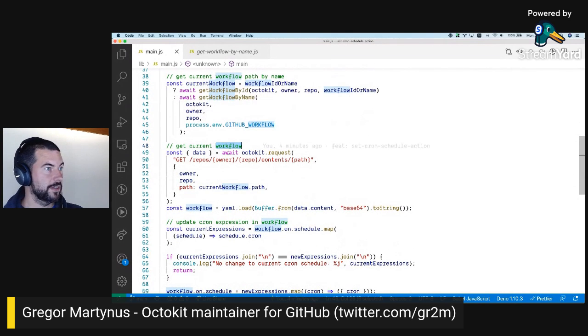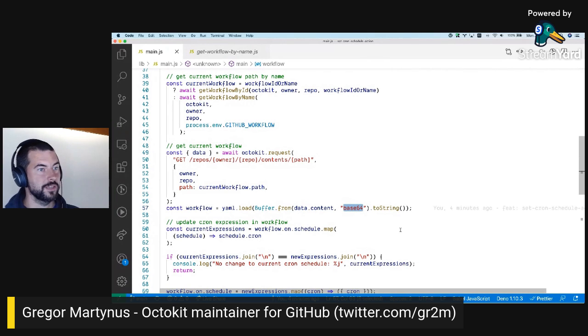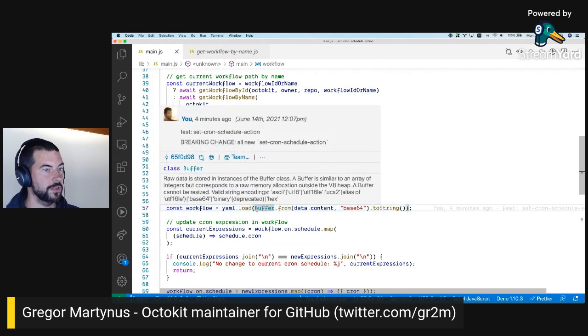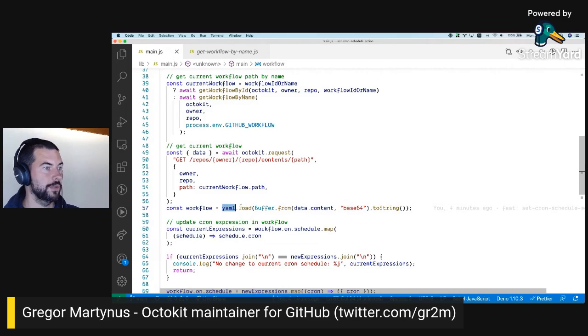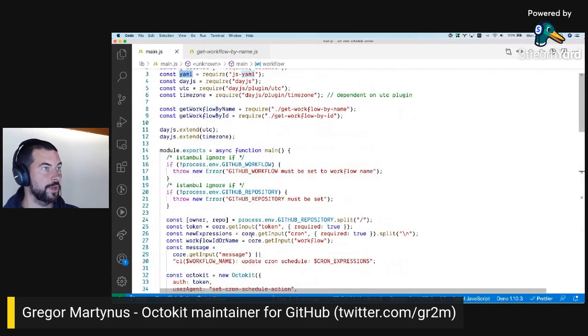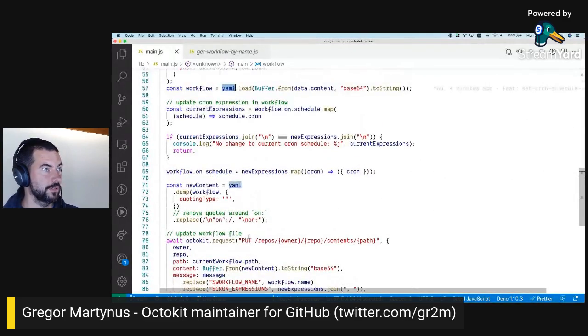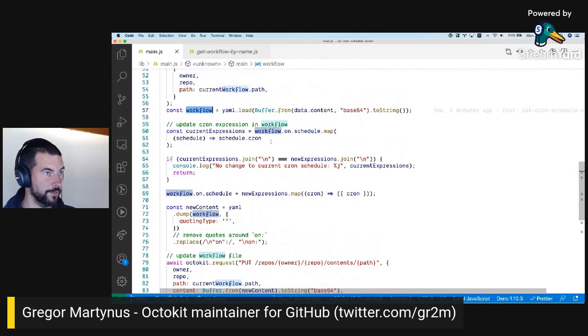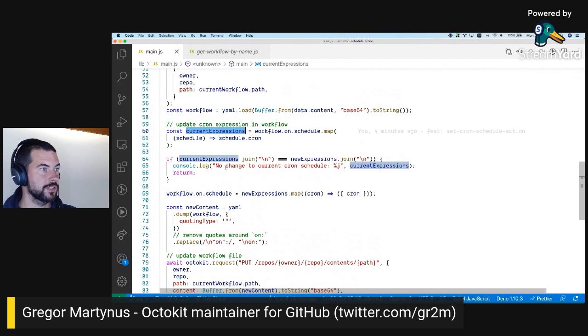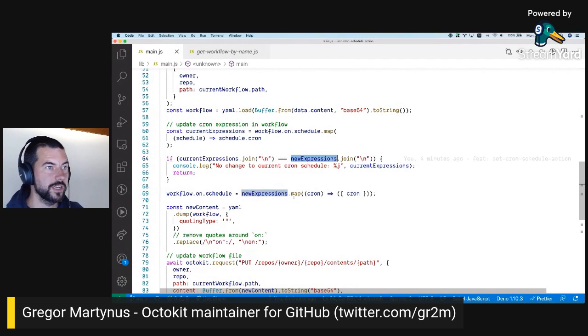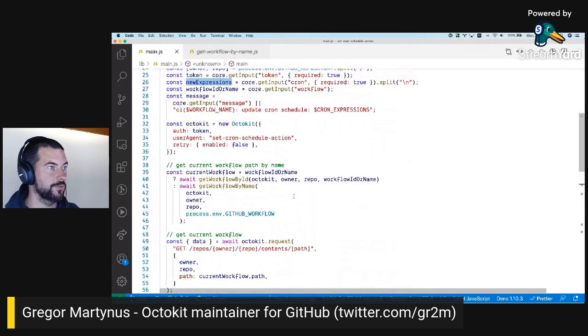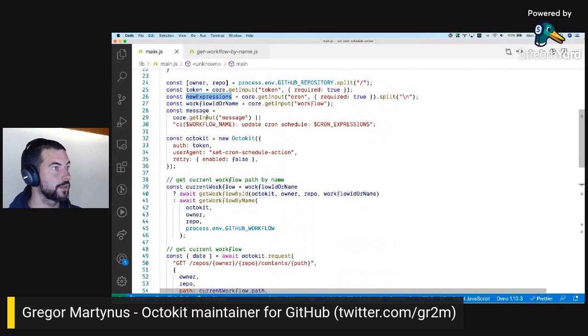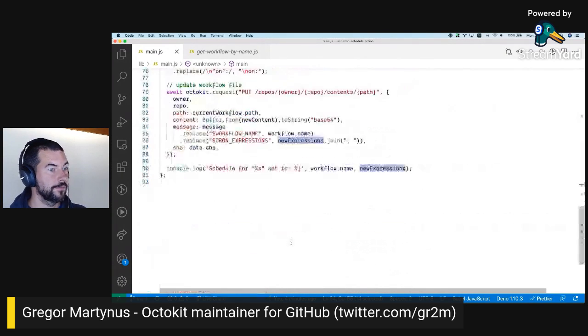And then I get the content using the contents API here, which is a base64 string. So I need to convert it and then use the YAML.js package to load the YAML content and turn it into an object. Then I load the current expressions and compare them to the new expressions that have been set with the cron input here.